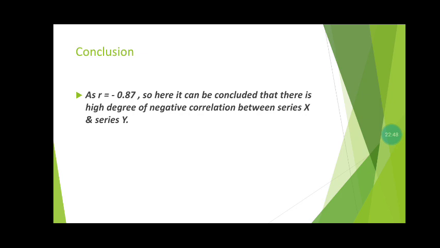That is why it can be concluded that there is a high degree of negative correlation between series X and series Y. So this way we are done with the third problem as well,